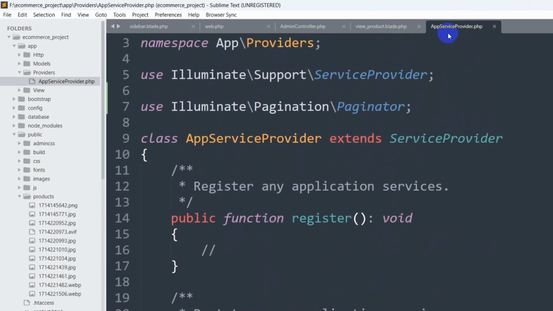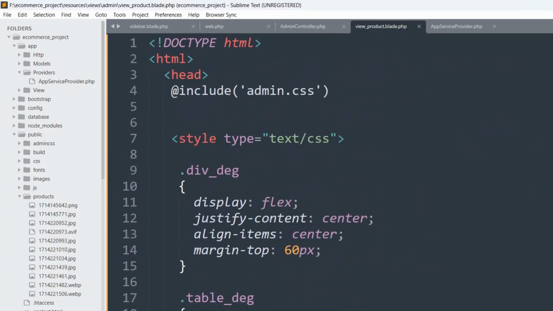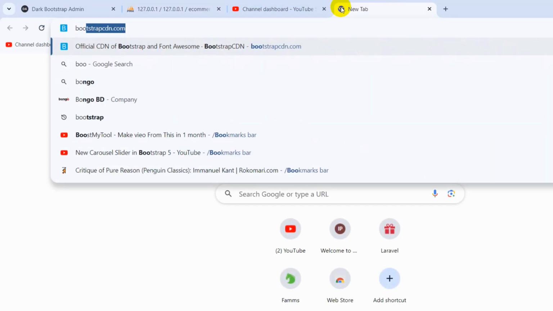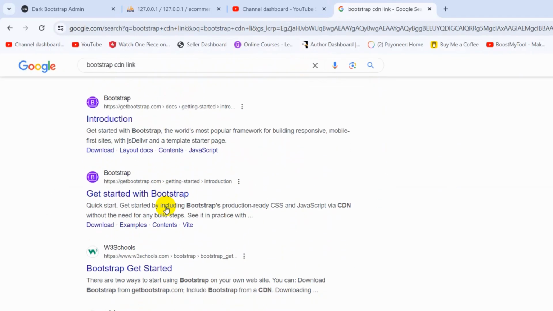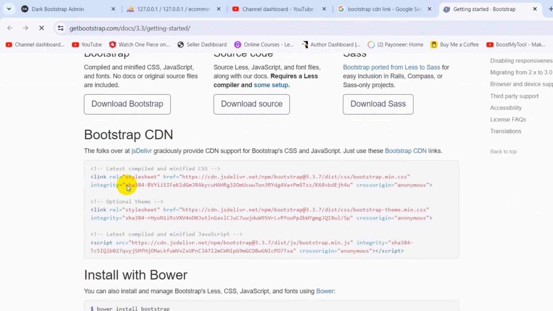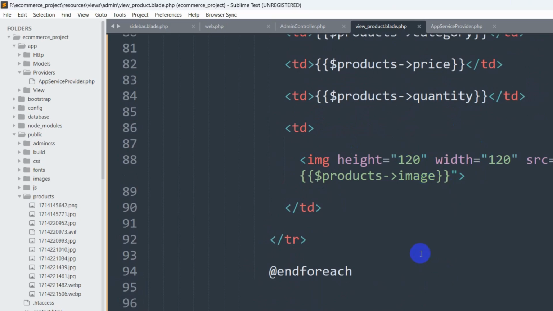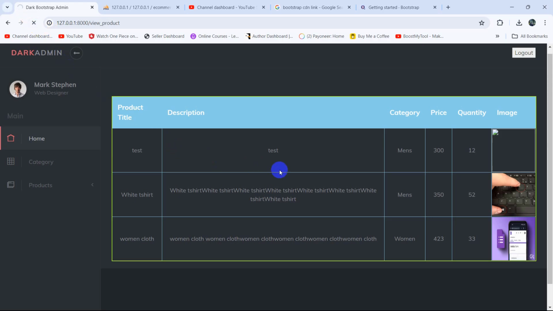Once you write this in view_product.blade.php and also add those in the AppServiceProvider, there is one more thing you need to do, and that is to add the Bootstrap CDN link in your blade file. To get the Bootstrap CDN link, you can search for Bootstrap CDN link and get it from CDNJS or from here as well. But we already have the Bootstrap CDN link added in our project. So if we now save it and refresh here,